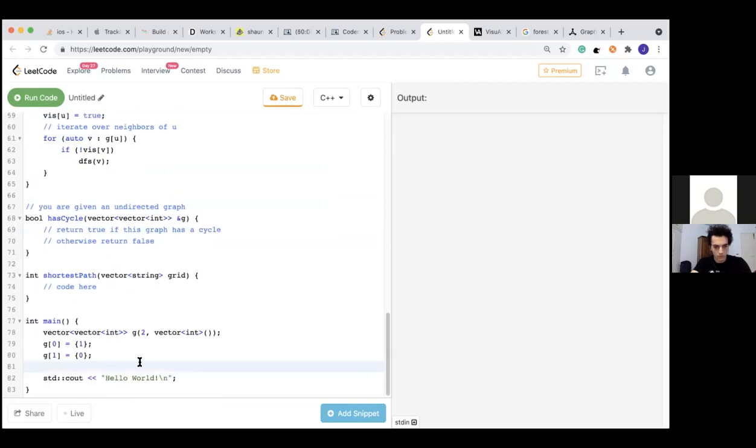I'm sorry to write C++, because I want to do something fast to show you. Visited with the size of the graph. Here I initialize this array to false, and I have to make this